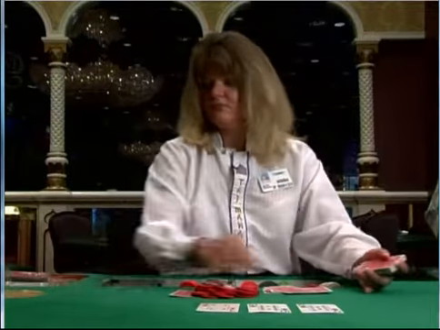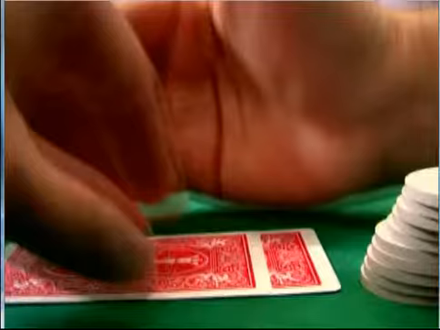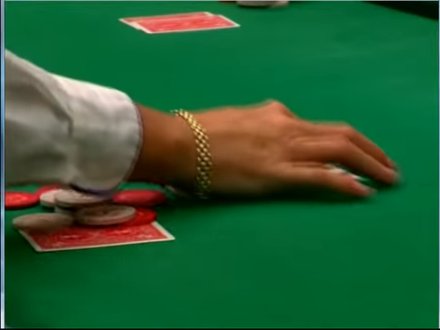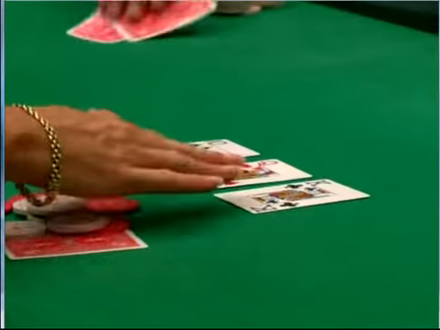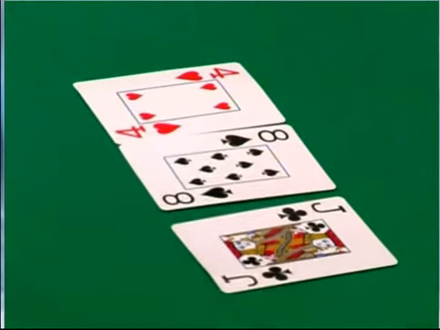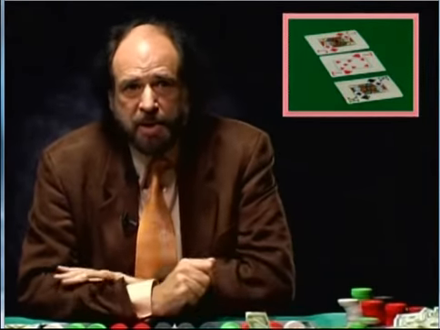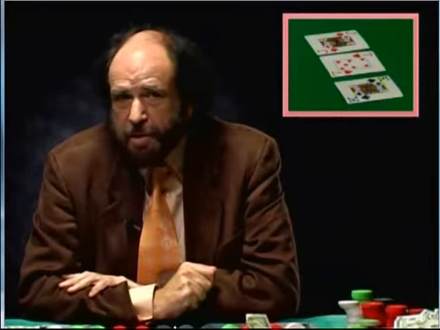Now let's determine what kind of cards you'd like to see come your way. Let's say you're holding a pair of 10s in your hand. When the flop comes, you'd like to see either a third 10 or only 1 card that's higher than a 10. If you see a flop like this, with 2 cards higher than the 10s, you have to be darn careful